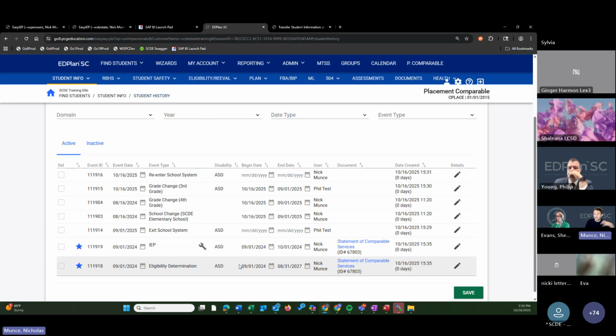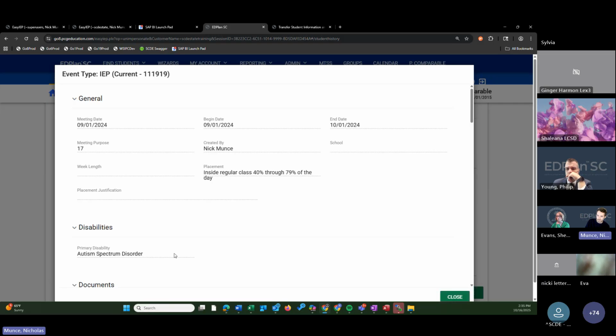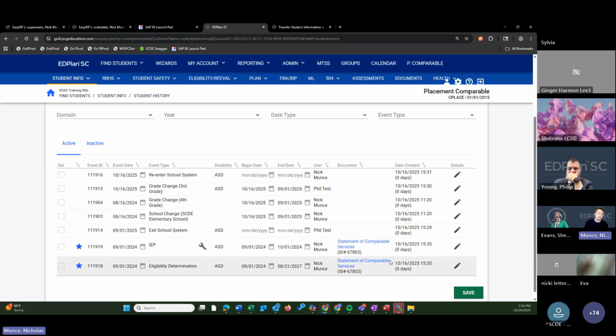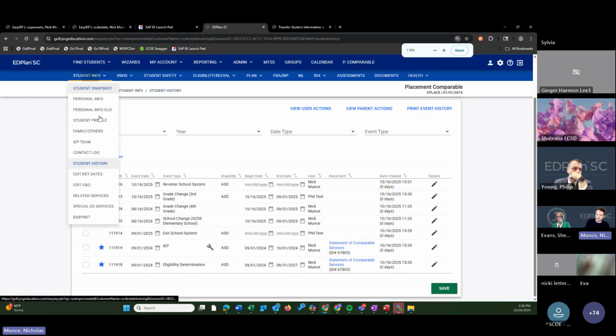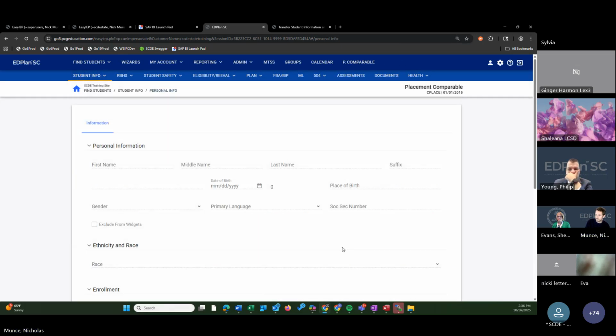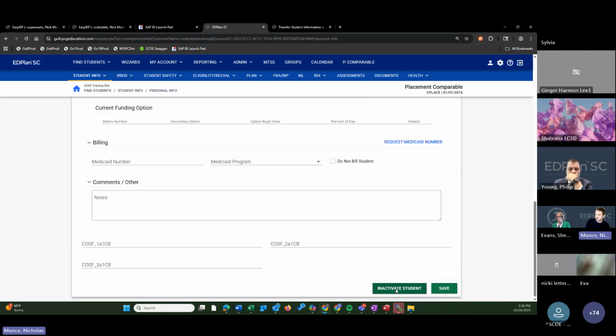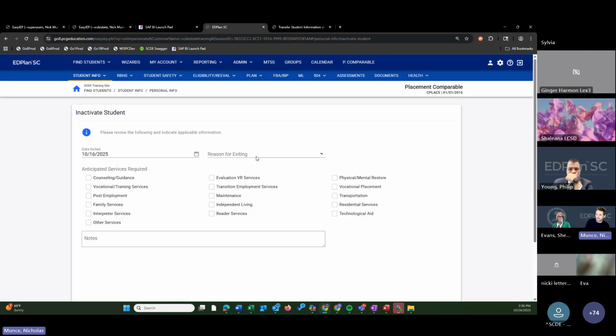So now I need to make this student inactive once again. This was, I believe, step 6 of what is written out in the articles: open up the event you just made and make sure that the placement value is correct. Here I see that it is. So now I need to finally inactivate this student and make them inactive for good. The exit event that's already there, that's what I want. I know that this student exited before. I don't need to recreate that exit, but I do need to turn this student back off. So I'm going to go into the personal info page like we did before. Scroll down to inactivate, and then I'd inactivate the student.